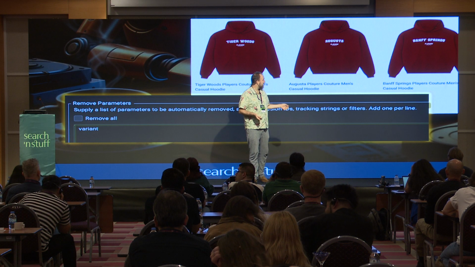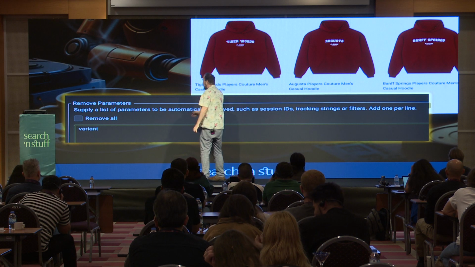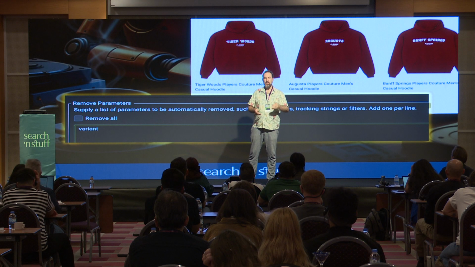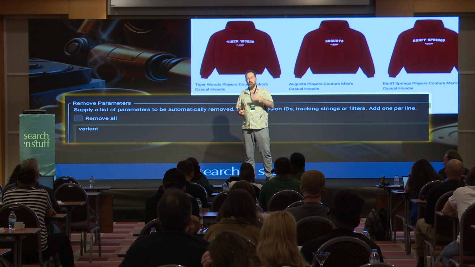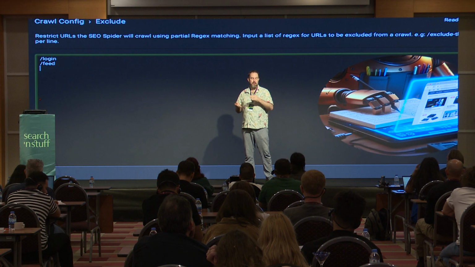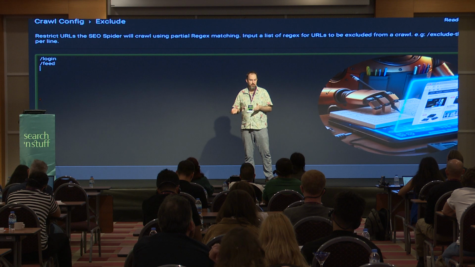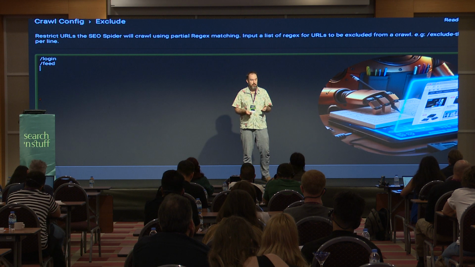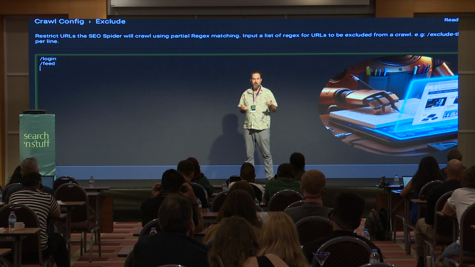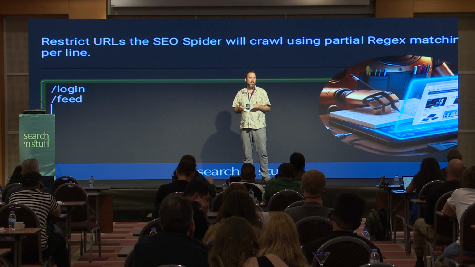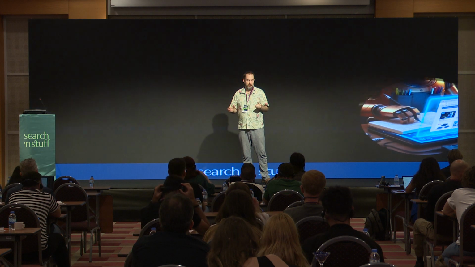I mentioned before the variant, so you can basically remove the parameter there and make sure that when you do the crawl, you're actually getting an effective crawl, even though you know there's a problem. You don't need to tell them about that problem twice, because you're going to fix that problem, or they're going to fix that problem. It's fine. And you can also choose the parts to exclude. So if they've got a crawl trap, then you can remove it, like the feed or the login or something like that. So suddenly you've got a faster, cleaner crawl, and that makes life a lot easier when you're trying to deal with what the client's got at the end.